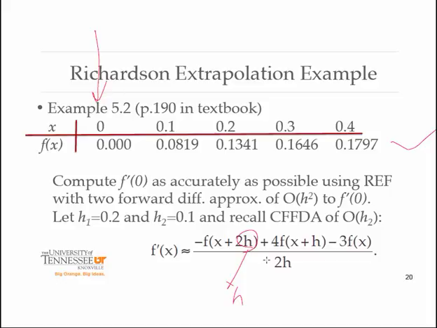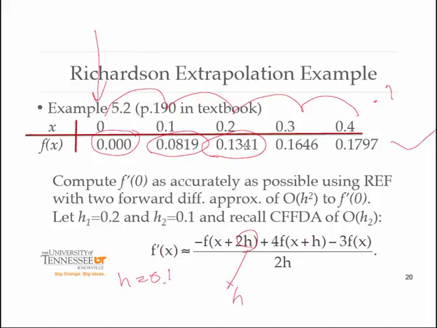Again, x starts at 0, so clearly these steps are all of the same size. They're 0.1 steps, so it seems like a quick approach would be to just let h be 0.1. For this first approximation of the derivative, we're going to use this functional value for f of x, then f of x plus h, and then f of x plus 2h. We're going to use those for this formula. Then, for the extrapolation purposes, we take,